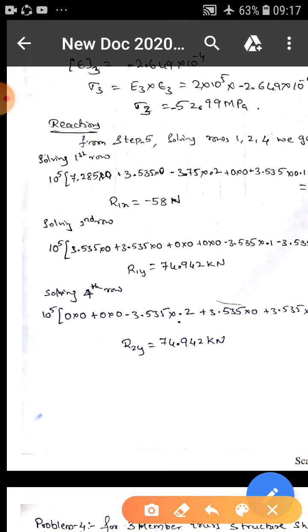The reaction, if you see, 74.9 in y directions, is approximately equal to 150 in upward direction in total. Yes or not? You can see this R1x, minus 58 Newton. When you compare it with the 150 kilonewton force applied, 58 Newton is a very small amount of force, equal to, you can say, somewhere around 5 kg. Okay, that's okay.